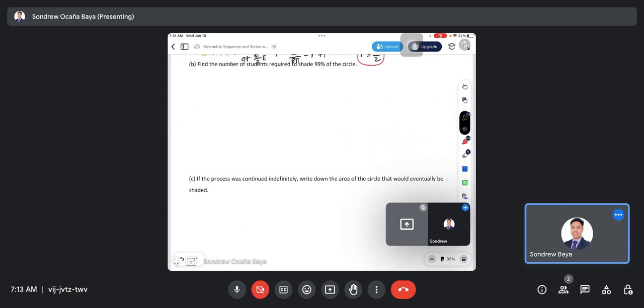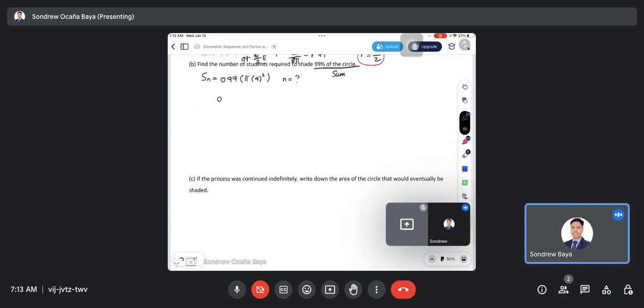So, sorry, 99% of the circle, that means 0.99 of pi times 4 squared. Okay? And we wanted to know how many students. The number of students refers to the n in the series. And this one is the sum. So that's why we have S sub n is equal to this. And we're looking for n. All right? So this is now equal to,